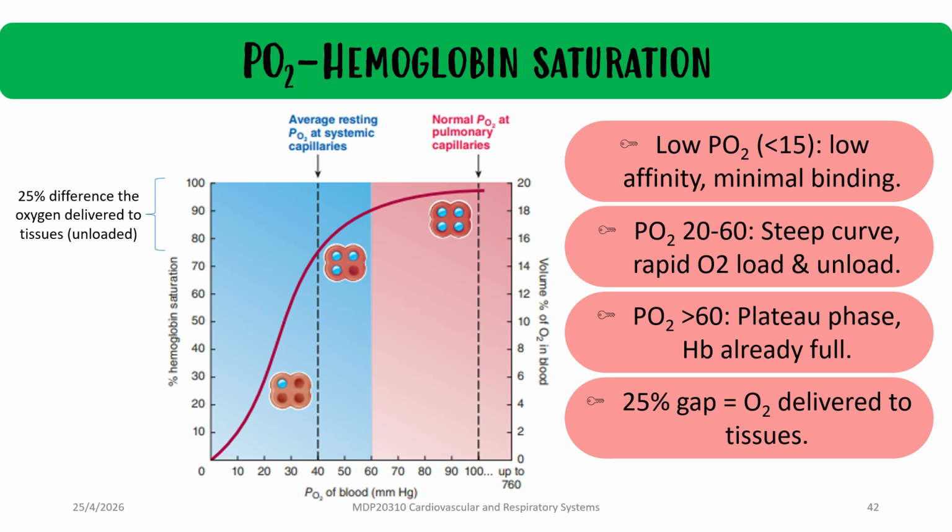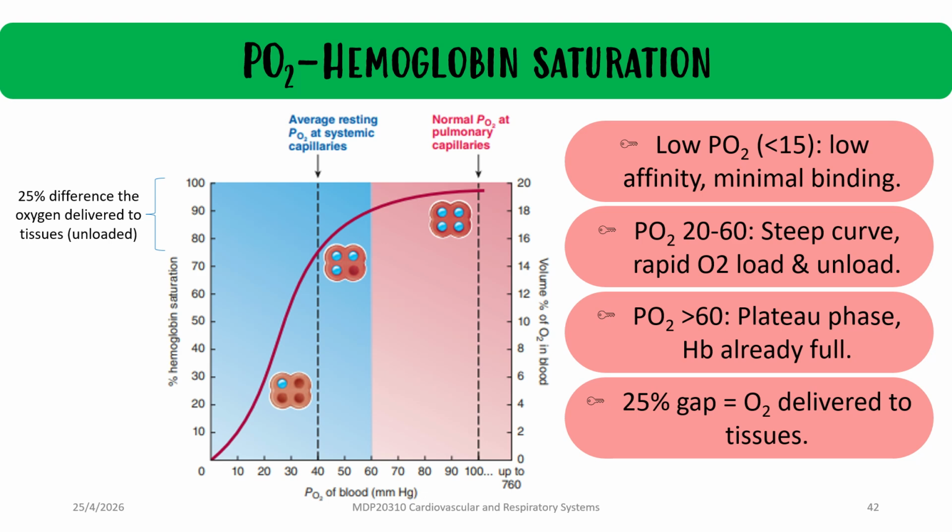So why do we need 75% filled with oxygen? It is to help our body pick up more oxygen when they reach the lungs, which have a higher PO2, so that your body doesn't decompensate and keep on losing oxygen because of the nature